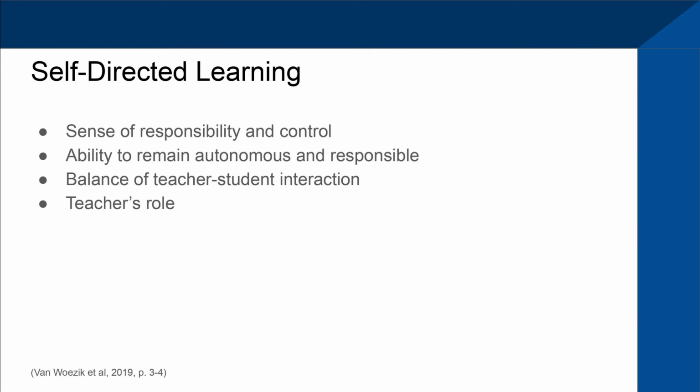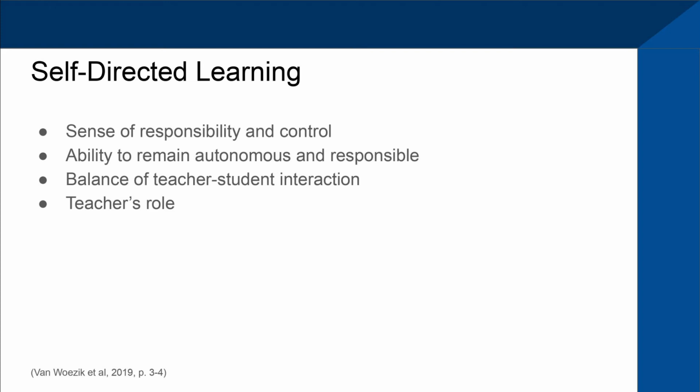Second is the student's ability to remain autonomous and responsible. Perhaps, as in the previous barrier, they already take their education seriously and feel very much in control of their learning. Are the circumstances at home and at school supporting the student in continuing to direct their own learning? Think about a teacher who may have been more authoritative than others. Perhaps they didn't allow you to choose your own book during silent reading. Or think of a parent who pushed you towards one kind of career when you were growing up, in spite of a different passion that you may have had.